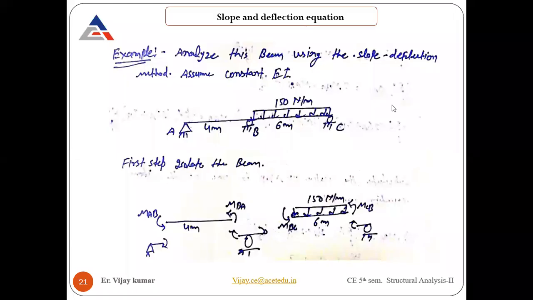So guys, now we are at the point where we are going to see the application of slope deflection, in which we consider the load. The beam is on your screen. It has only two segments, AB and BC. AB does not have any load. BC has a load which is a UDL acting over the segment, 150 Newton per meter. The segment lengths are also mentioned: one is 4 meter, the other is 6 meter.